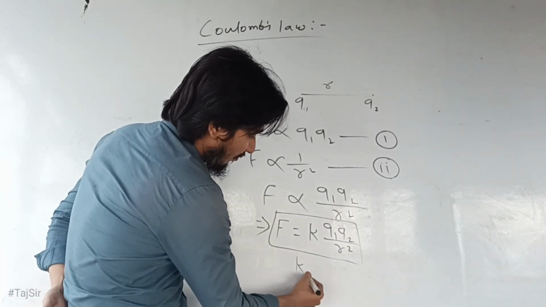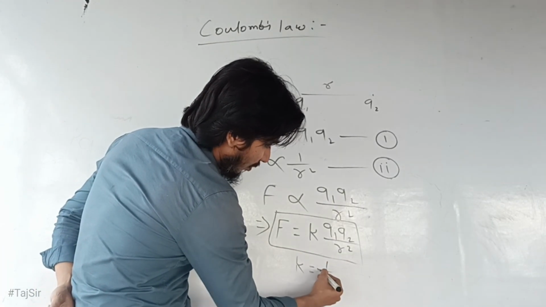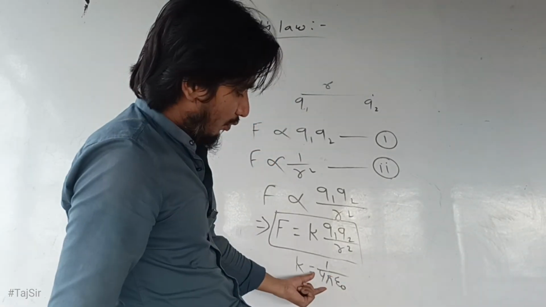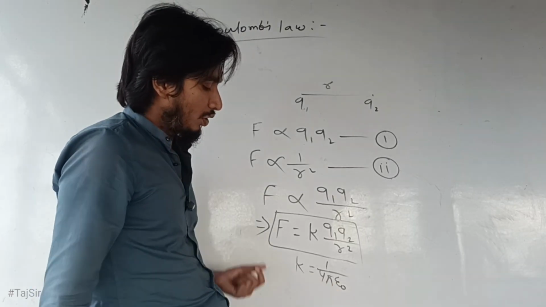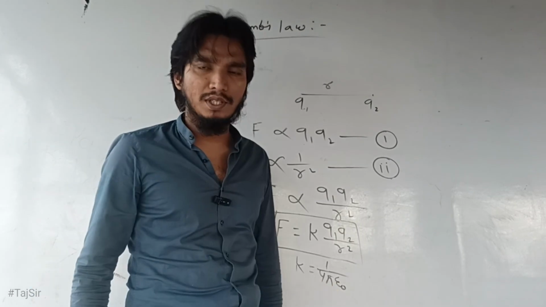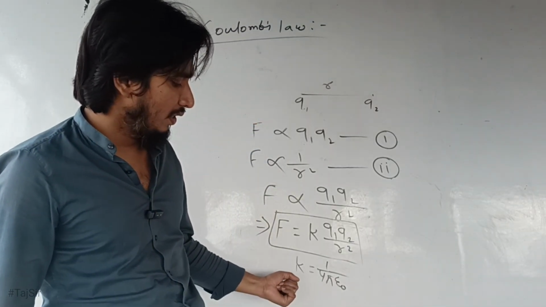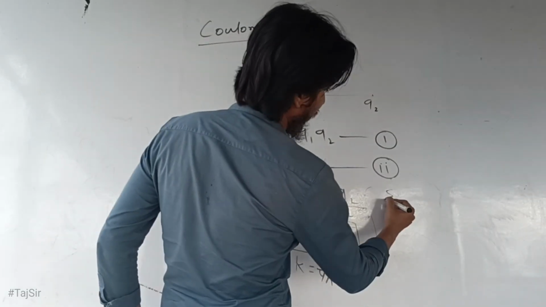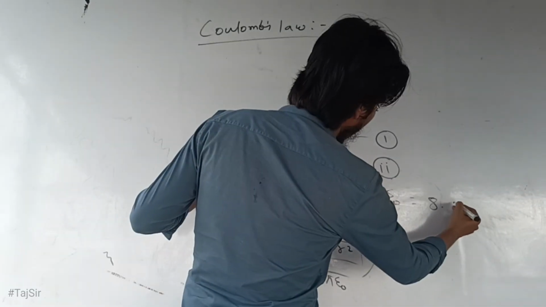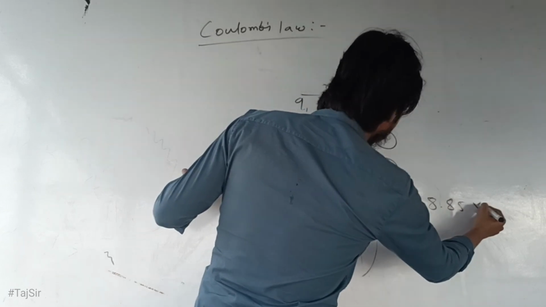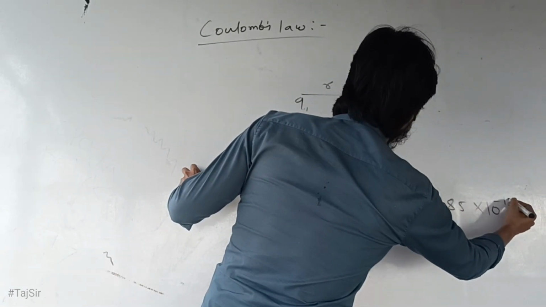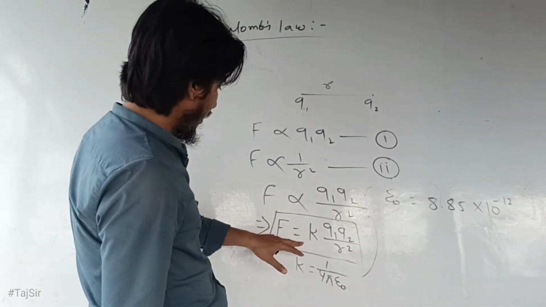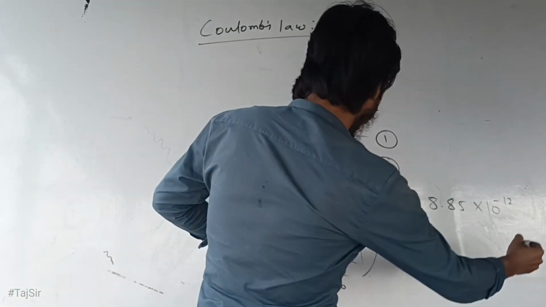Further, this k can be written as the constant 1 upon 4 pi epsilon naught. This 4 pi we know, and epsilon naught is known as the permittivity of free space. Let me write it. Epsilon naught has a value of 8.85 into 10 raised to the power minus 12, and let us write its unit, and this will be